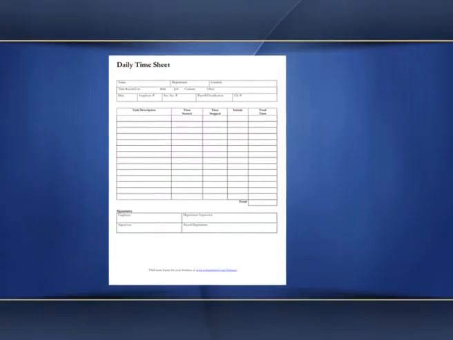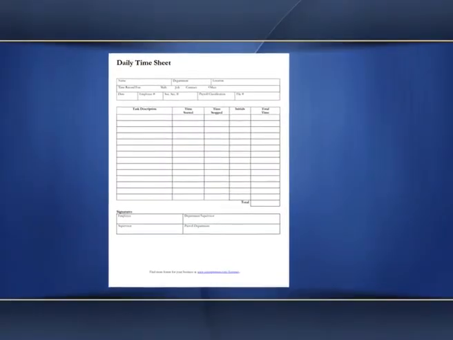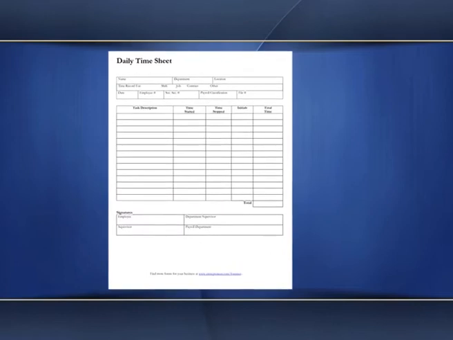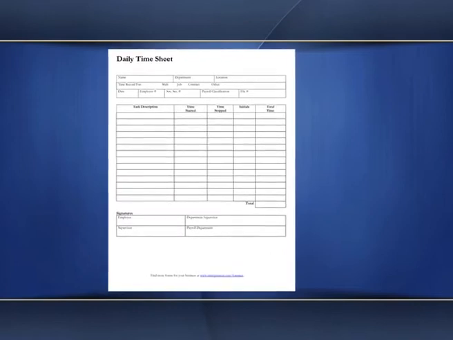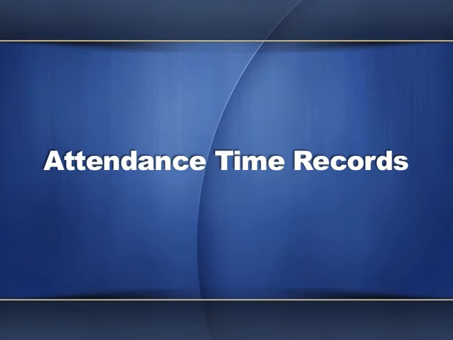Number 3, the timekeeping department. The timekeeping department is responsible to record the time spent by workers in the organization or factory and the time spent by worker in each operation or production. Therefore, the timekeeper has to maintain 2 sets of records, that is, attendance time records and job time records. Attendance time records